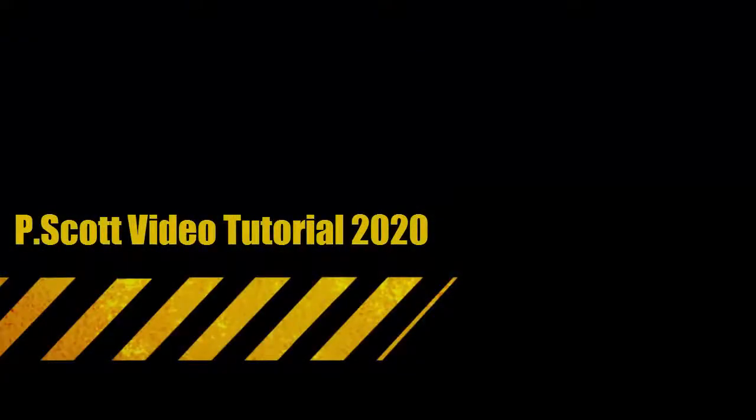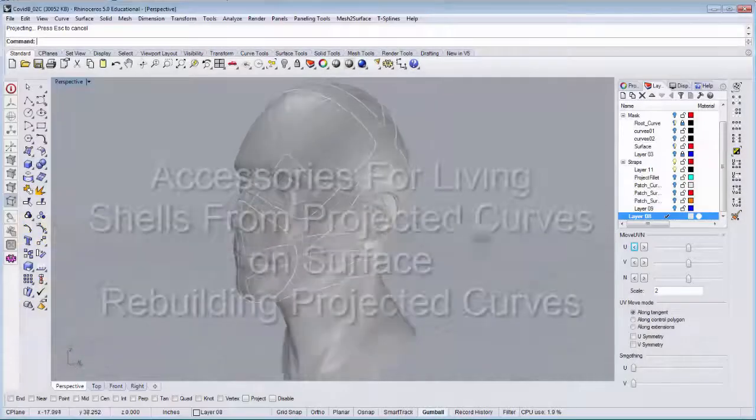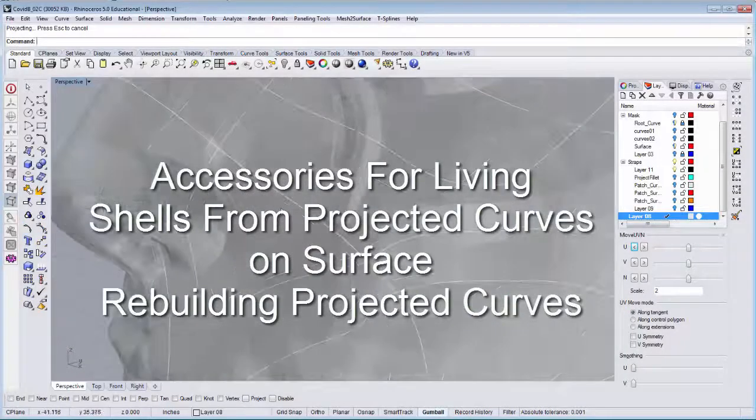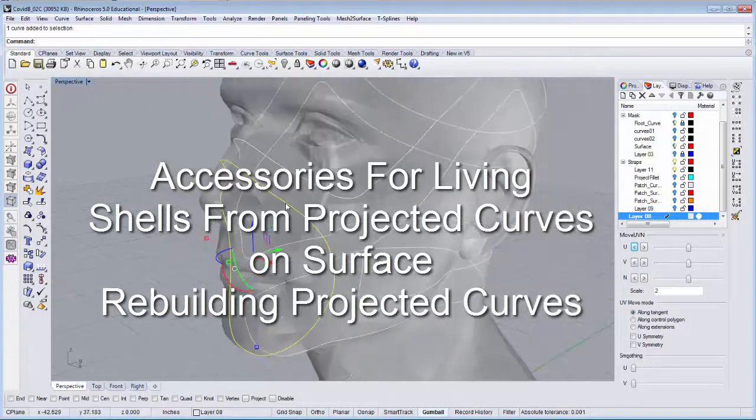I'm going to start off where I left off, and that is to say you never want to build geometry from projected curves, and I'm going to show you why. Okay, I'm going to select this curve right here, and I'm going to hit F10 so that you can see